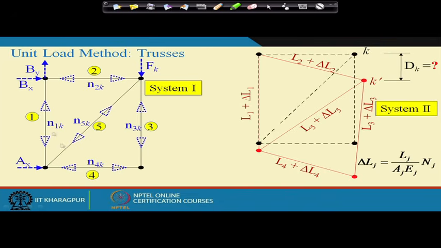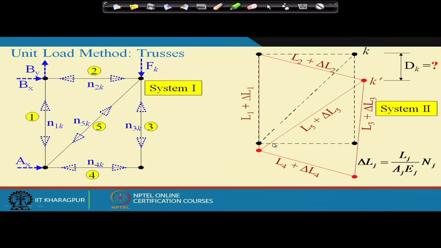Now, the displacement field is real. So, this is essentially the principle of virtual forces, where the force field is virtual and the displacement field is real. Displacement field is real and the force field is virtual. Now, if we apply the principle of virtual